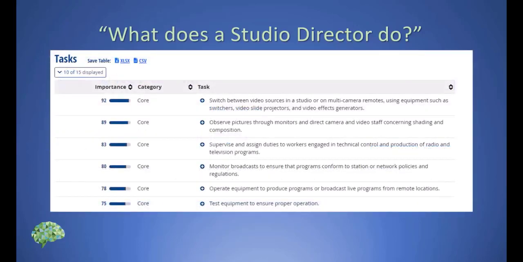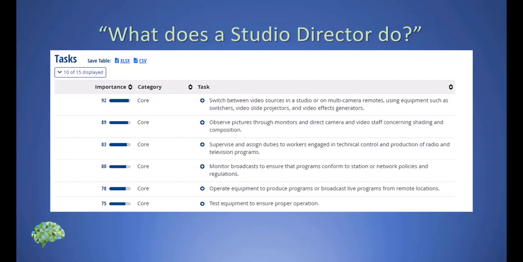Next, we look down the page in this occupational classification and find that there are many aspects of the occupation we can consider, but let's focus on tasks and abilities. There are 15 core tasks, 6 of which we have on the screen with an importance rating that goes from 0 to 100. We can familiarize ourselves with these before we meet the client so that he has a sense that we understand